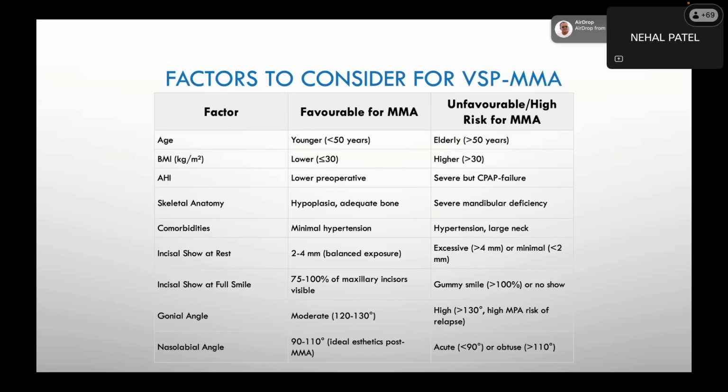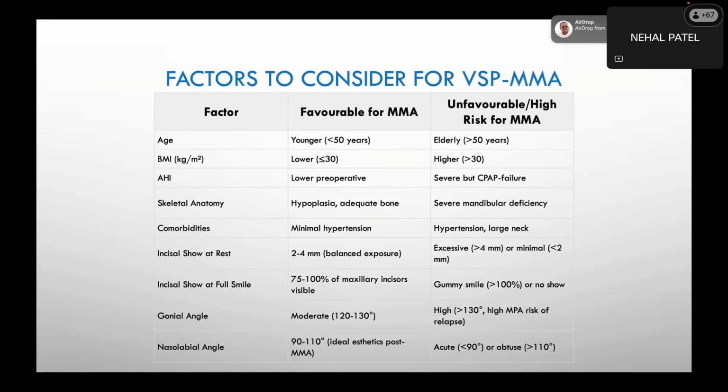When I decide, or when Dr. Vikas says, okay, you have to do MMA, these are the factors which play a major role. If the patient is younger, the results are more favorable. It does not mean that you cannot operate on patients who are more than 50. You can. The only thing is you have to consider the comorbidity, like hypertension, or the chances of a high occlusal plane